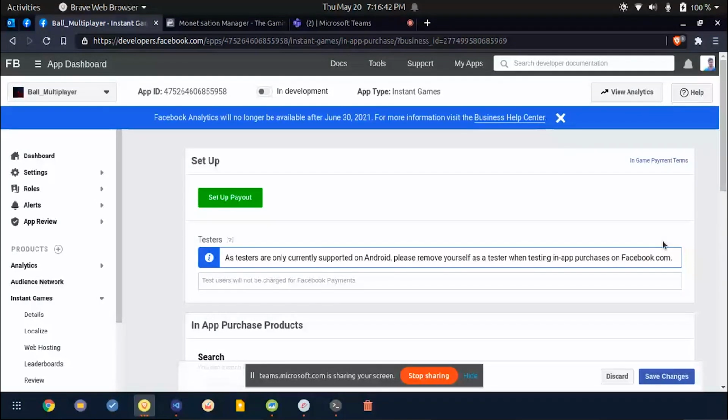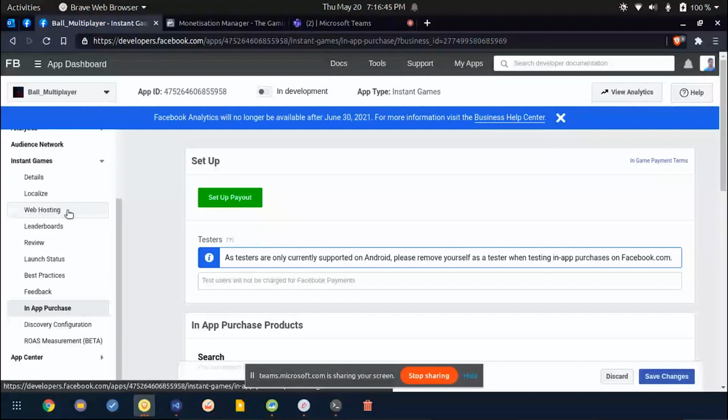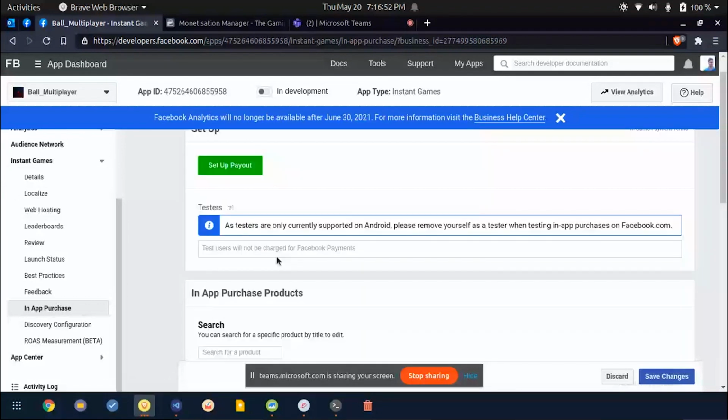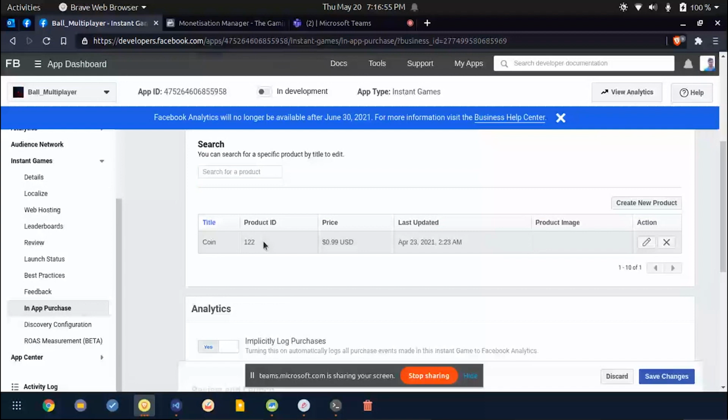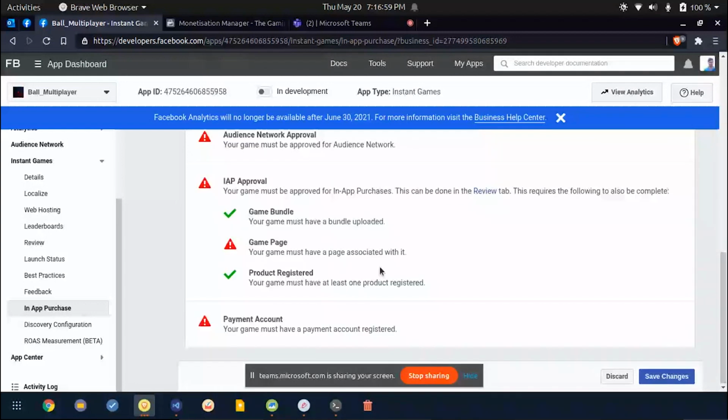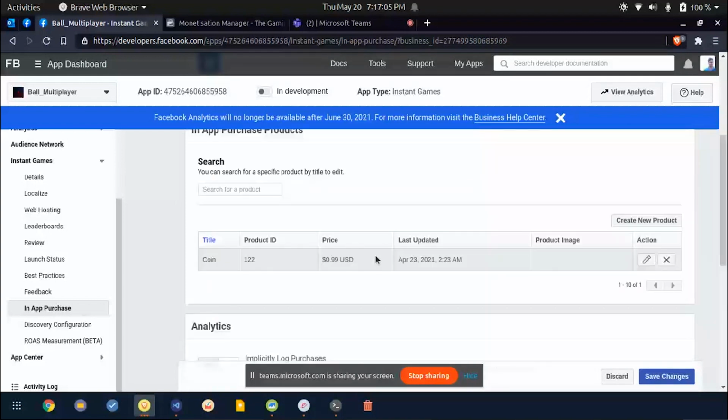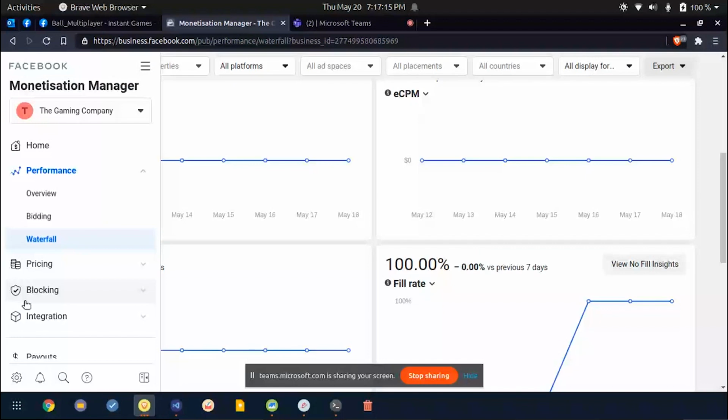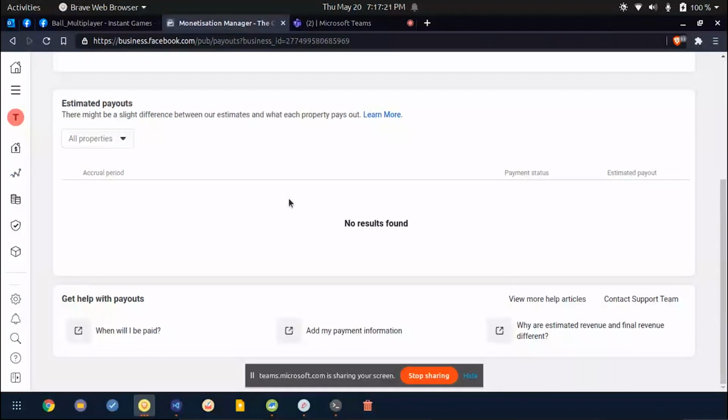All those things can be done in this portal only, from web hosting split test to adding all the icons, to looking at the launch status, and adding product id and price and last updated. All those things can be done over here only. Once you have added your product, you can use icons and different things to represent all those products. And when people buy your products, it will come in your payouts over here. So you need to add your payment account and all other things so that you will be